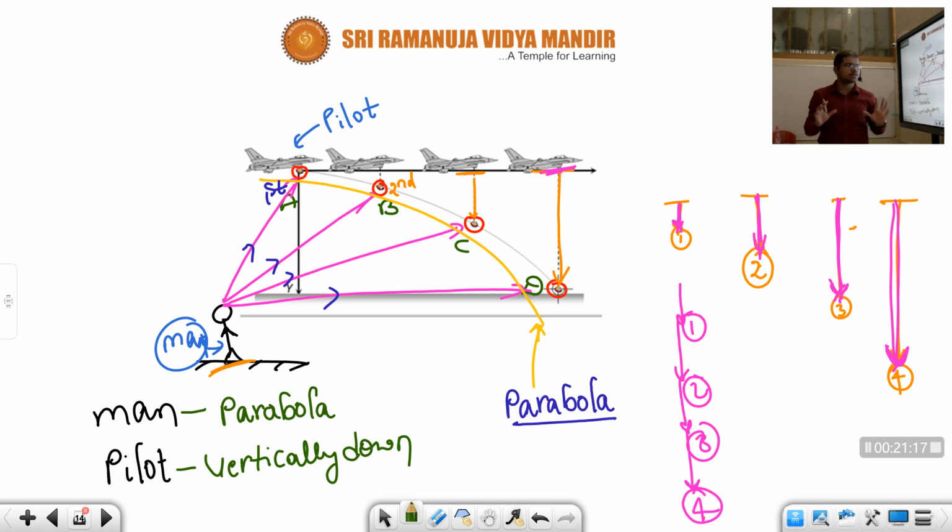This one is a very important point, children. Very important case. Okay. Usually, sometimes we may get confused. For both, what do we think? Since for the man it is appearing as a parabolic shape, in a similar way we may think that for the pilot also the bomb will appear to be going in a parabolic shape. But what is the actual path, children? For the pilot, how will it appear? As it is going vertically down. What is the reason? Since in all the cases the pilot is above the bomb.